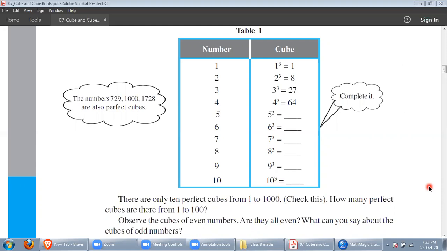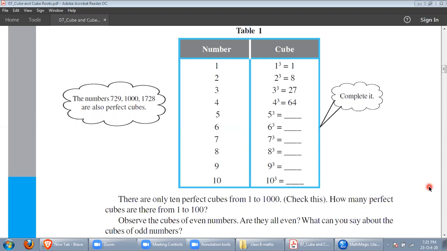10. Yes, it is 10. Same thing as it is on your screen. If it was square, then the numbers will end at 100. 10 square will be 100. So there are only 10 numbers which are perfect squares from the number 1 to 100. Yes, it's the same thing.